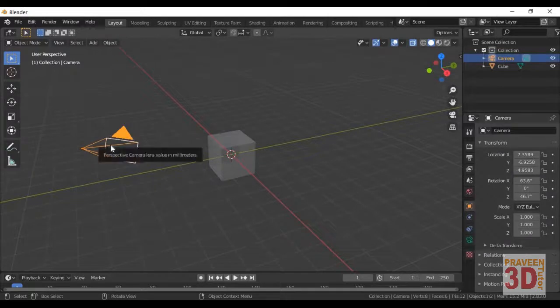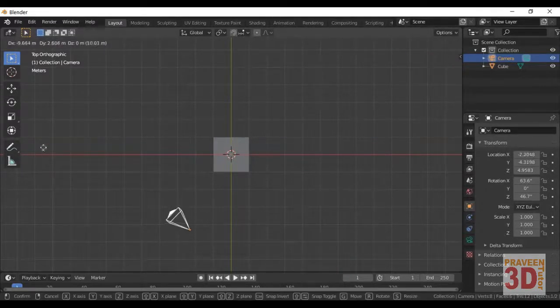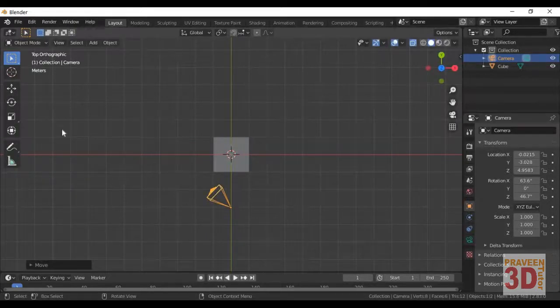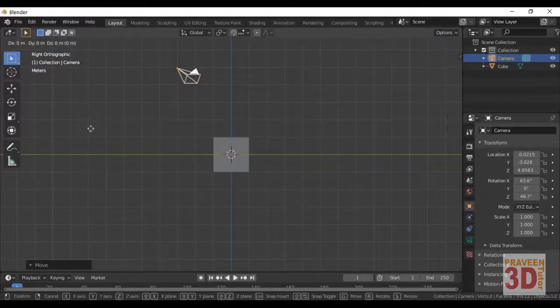So first we'll go for the camera by left clicking and go for top view so that we can align on the y-axis here. So press G and align to this green line here, you can see on the screen. Then press 3. So here you can see it's not aligned to the green line. So press G and Z, move it down to the green line.